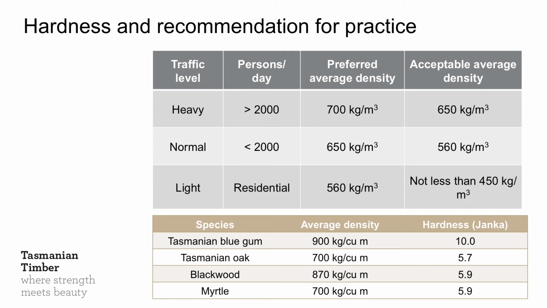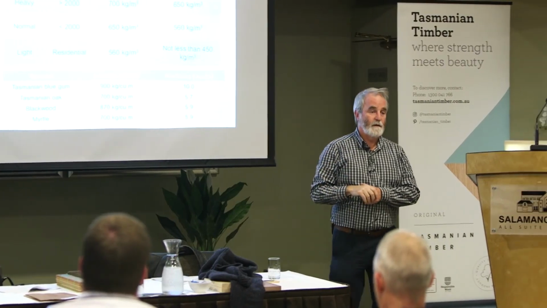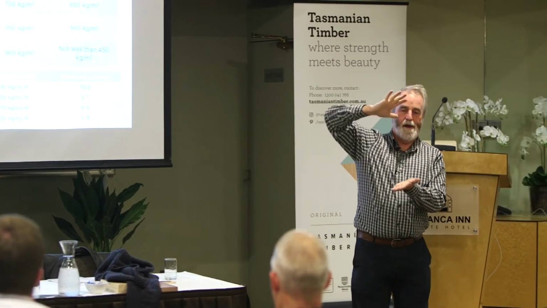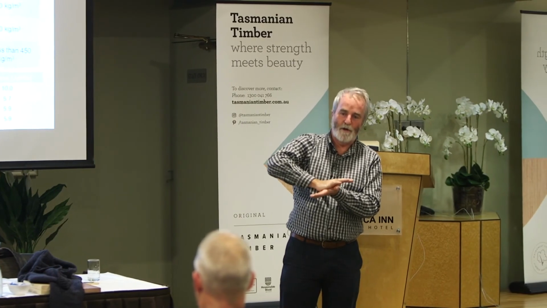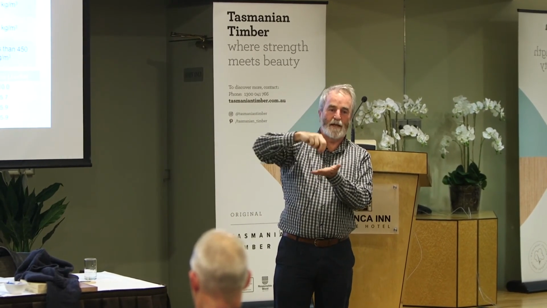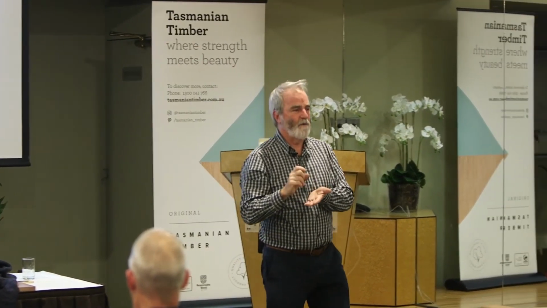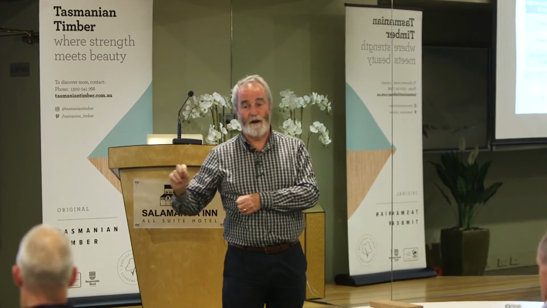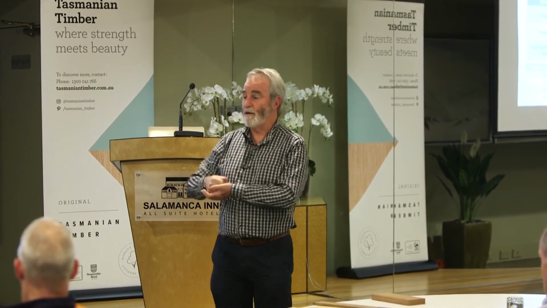What's the density of the major Tasmanian species? This is density figures. And this is a thing called a hardness level. It's called a Janka test. Basically, you take a ball bearing and you push it into the wood and it dents in. I think it's a 12 millimetre ball bearing. You push it all the way until it's halfway and you read how much force you need, and that's the